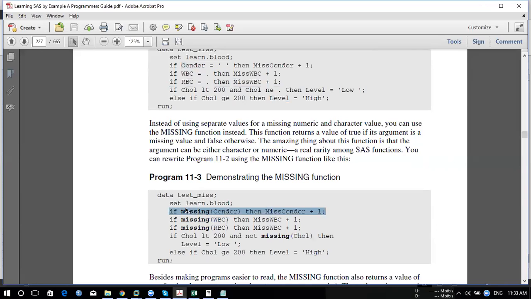So I always suggest you to use this, not to everyone. Sometimes what happens is that instead of a dot you put something else, and you try running a query and you're not getting a result. But if you try using missing as a keyword, it will find the missing values, meaning a dot in your particular data set for a particular column, to do the calculations. Same thing over here: if cholesterol is less than 200 and not missing, we are trying to say not missing only for these values.